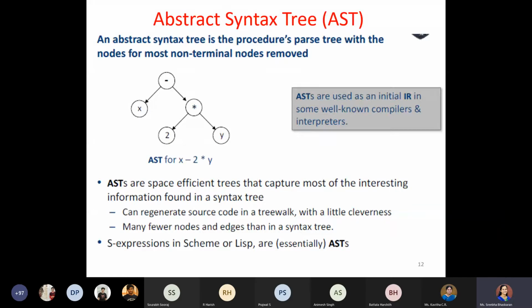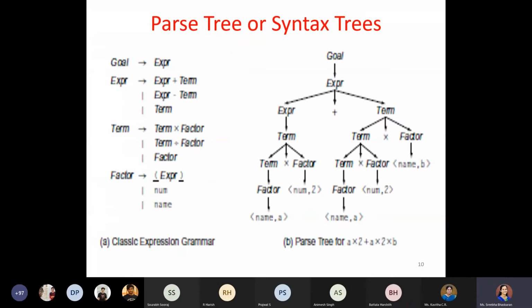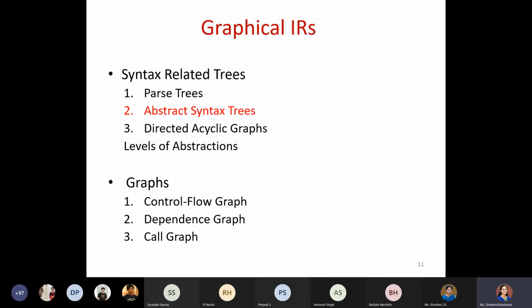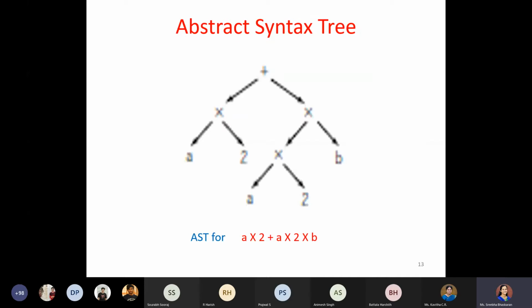Okay. The same example I have shown for the parse tree, a multiplied by 2 plus a multiplied by 2 into b, is also taken for the abstract syntax tree. So you can see the difference here itself. The number of nodes required for representing the same expression in the parse tree as well as the abstract syntax tree, you can just make out the difference.